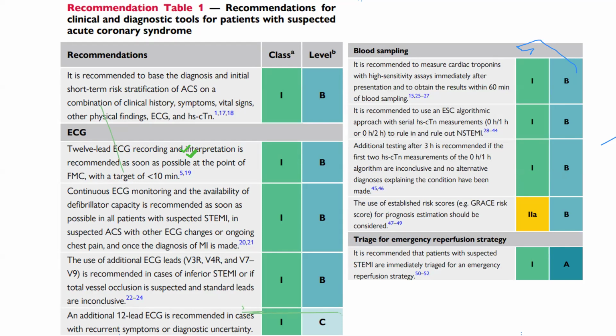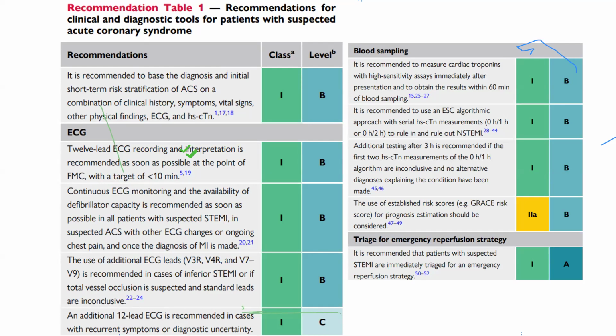Additional testing after 3 hours is recommended if the first two high sensitive troponin measurements of the 0-1 hour algorithm are inconclusive and no alternative diagnosis explaining the condition has been made. It is a good recommendation, which we agree with, but in our environment,